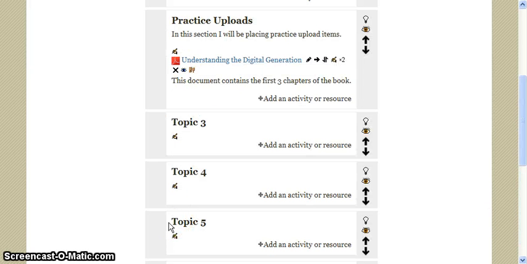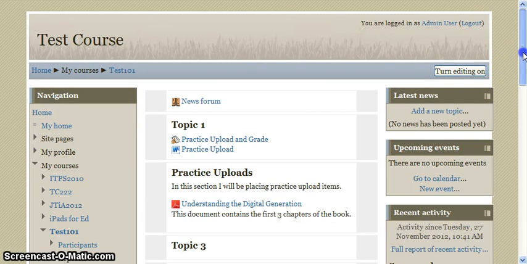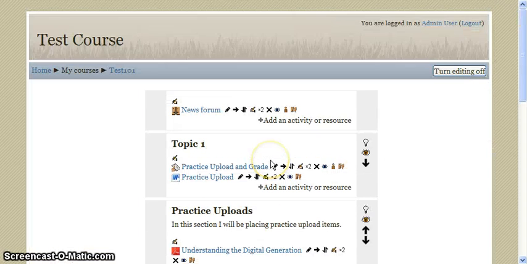So you'll notice that I now have it, and if I want to see what it's going to look like for students, I would turn editing off, and now I can see what everything looks like for students. And so it says, here's the link. This document contains the first 3 chapters of the book. If I don't want that underneath there, then what I do is I come back here,